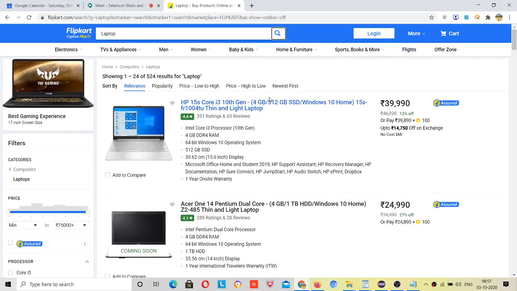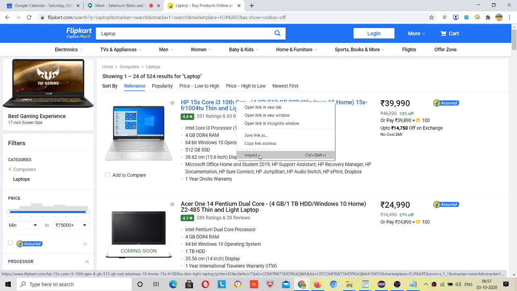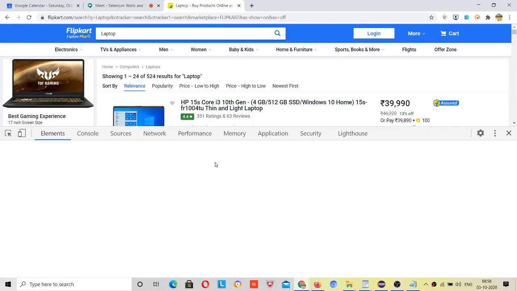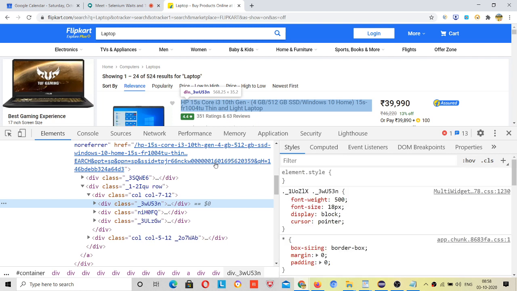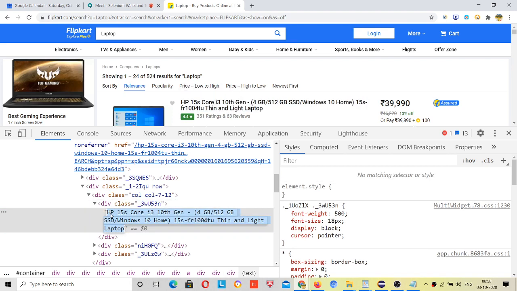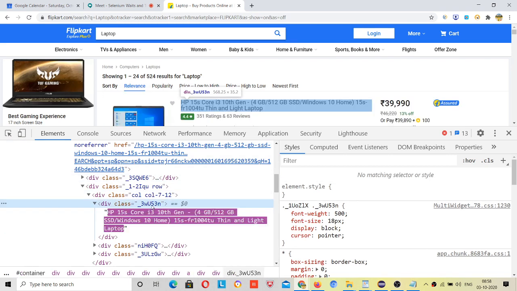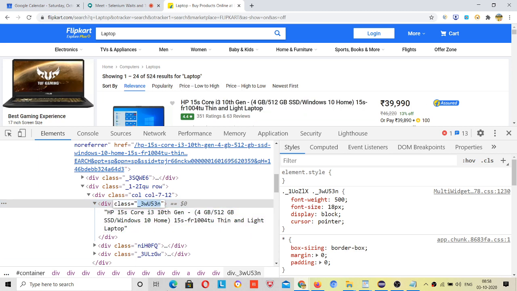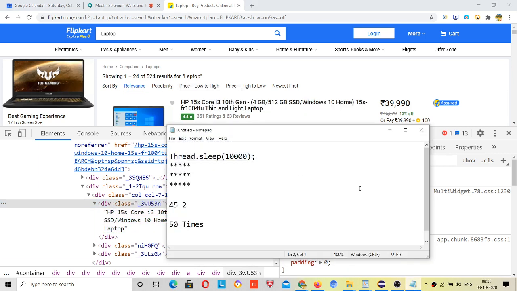Here. So let me right click inspect here. This div tag, right? So here inside this div tag, this class is used, right? And by using this class, this is written, right? So copy this inside a notepad to confirm it.